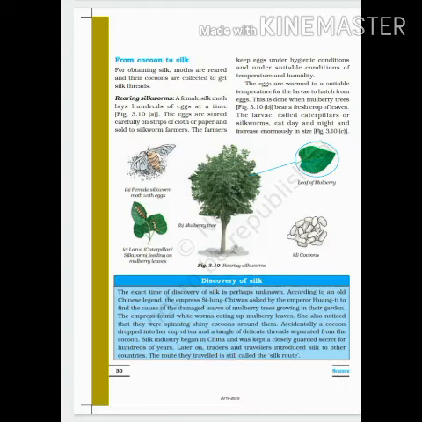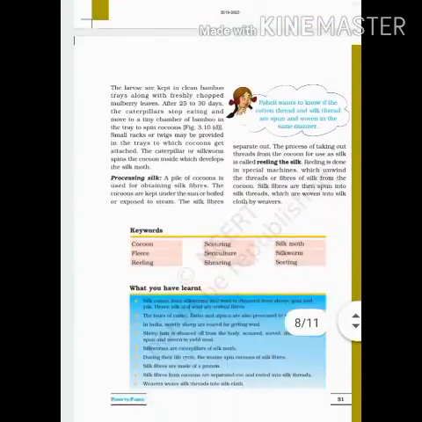Then they increase enormously in size. The larvae are kept in clean bamboo trays along with young and fresh soft mulberry leaves. After 25 to 30 days, silkworms stop eating and start spinning the cocoon. In the second step, processing cocoon to obtain silk fiber,